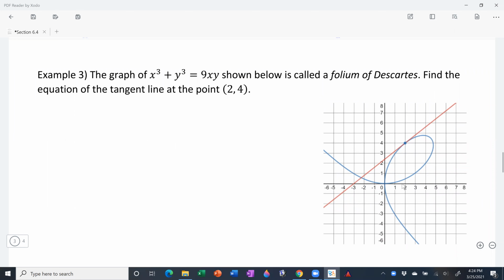So a little bit of a picture going here, (2, 4). We see this location touching the graph right there. We can find the equation of a tangent line. Now, something that might be standing out to you right now, just looking at the shape of this graph, is that it fails the vertical line test over and over and over, right? That's not a function. This is not a function of x because it fails the vertical line test, especially since